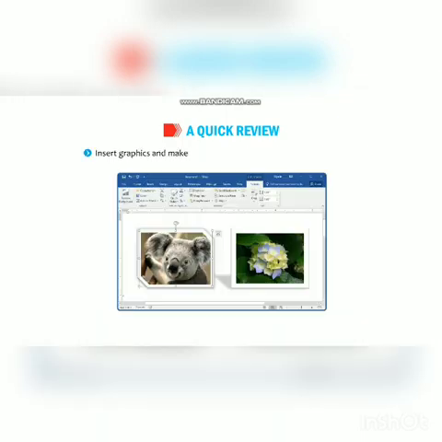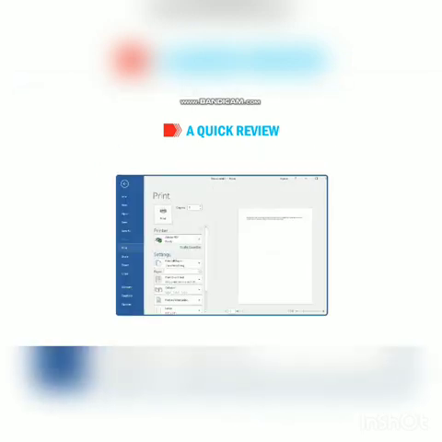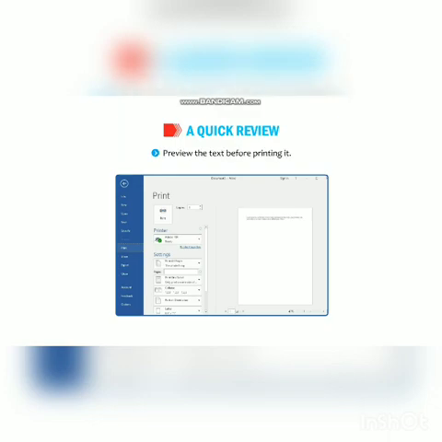Insert graphics and make use of various drawing tools to draw pictures. Copy and move the text from one location to another. Preview the text before printing it. Take multiple printouts.